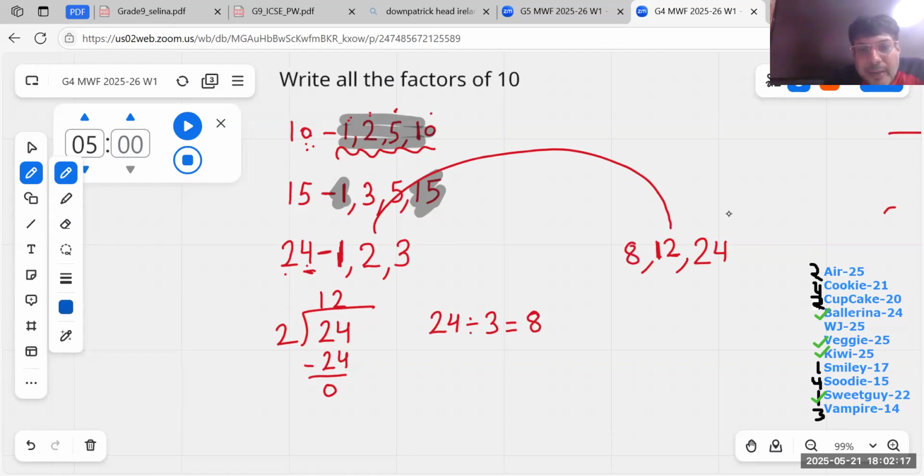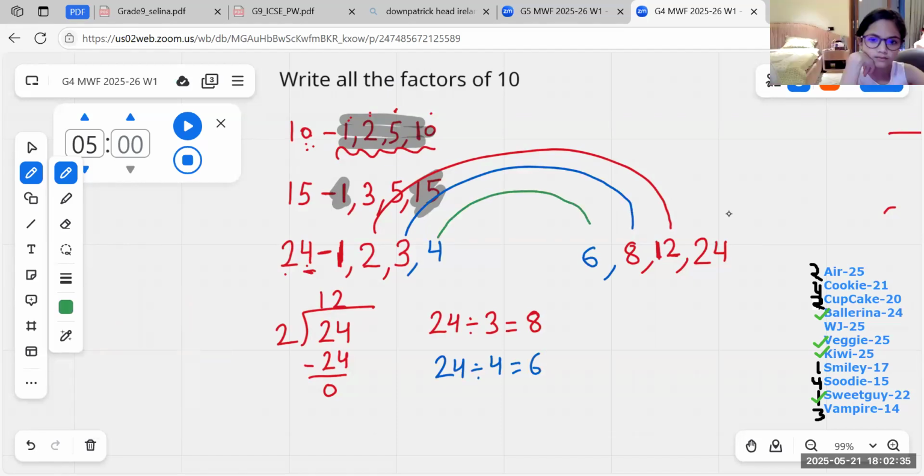I got another factor as 3 and 8. Then 24 is divisible by 4, so I will divide 24 by 4 to get one more factor, that is 6. I will get 4 and 6 also. So one of my students, many years back, called